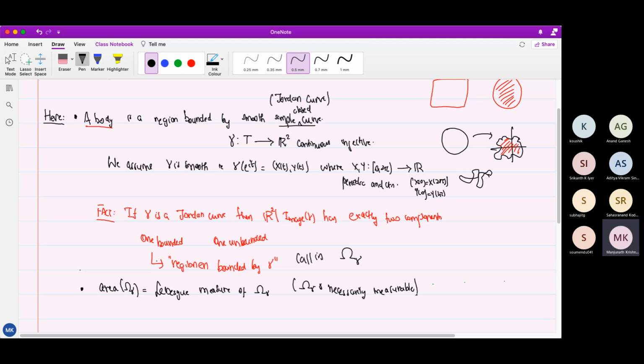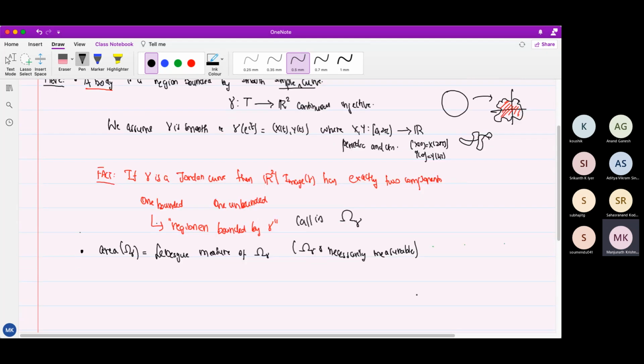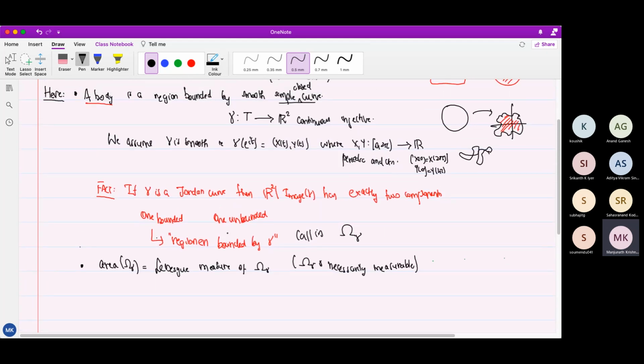Yeah, so it is measurable. Again, how do you prove that? Is it easy to see? I'm not going to worry if it's not. If I don't see it, I'm going to just assume all this. I don't want to spend time on it. So this omega gamma, the region enclosed by a smooth curve, is necessarily measurable. Of course, what is the region enclosed? That one has to be clear. If it's a smooth curve, you can do this.